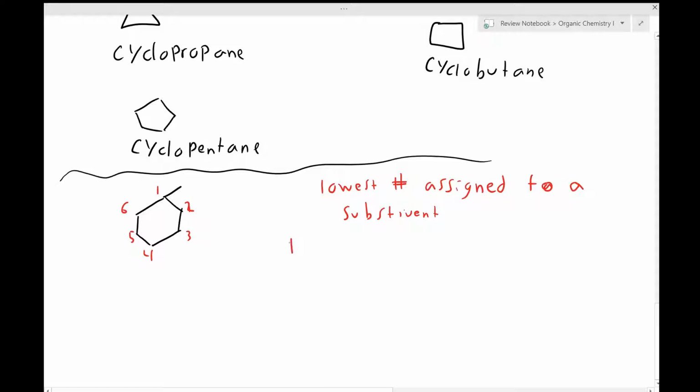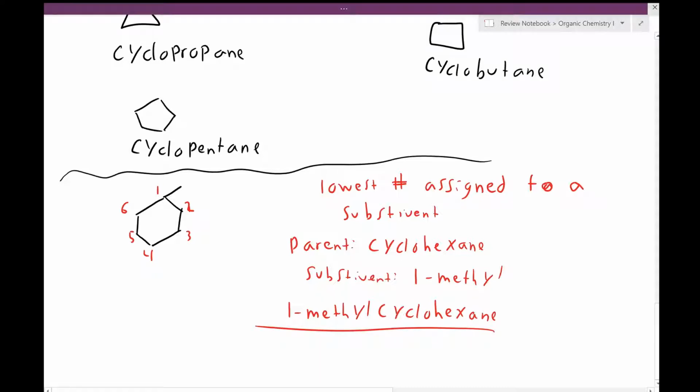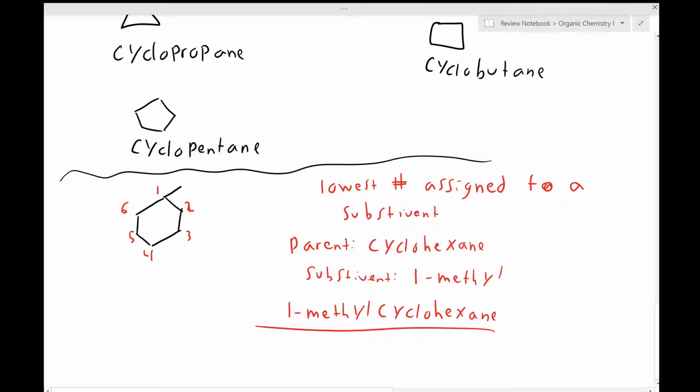We know our parent is a cyclohexane. We know our substituent is at 1, and it's a methyl. So the total name for this would be 1-methylcyclohexane. Moving on,